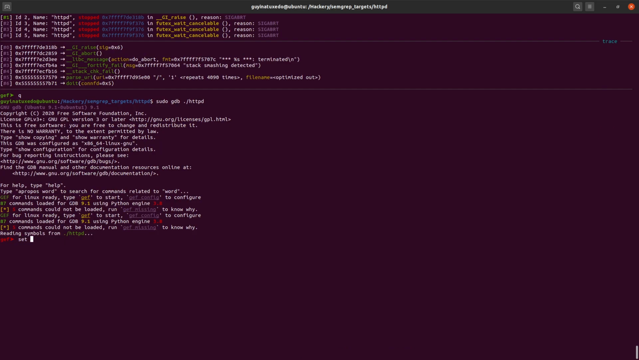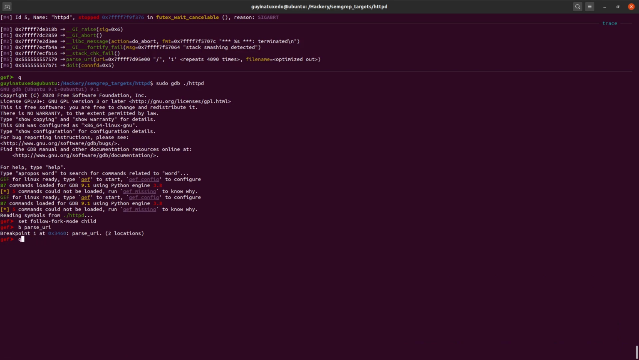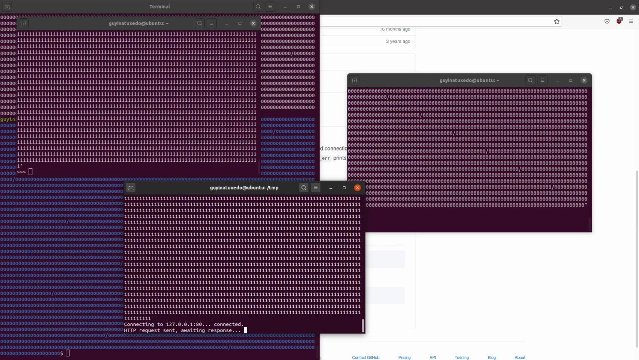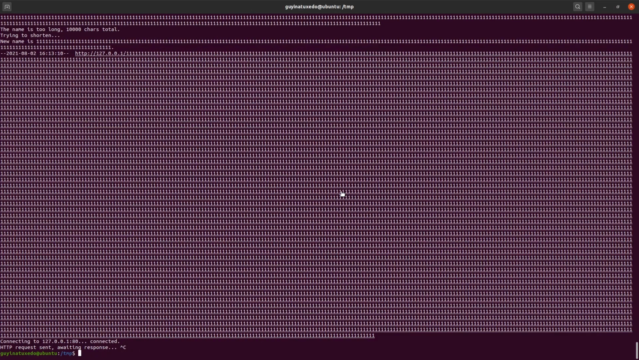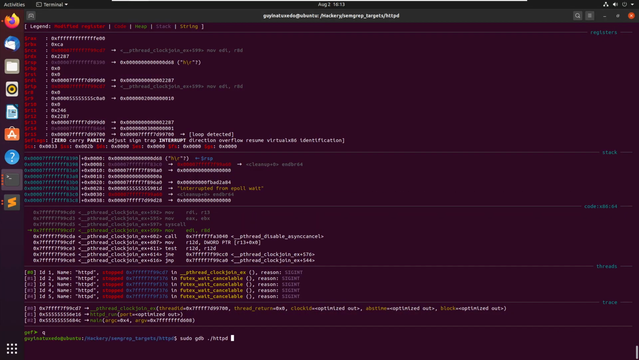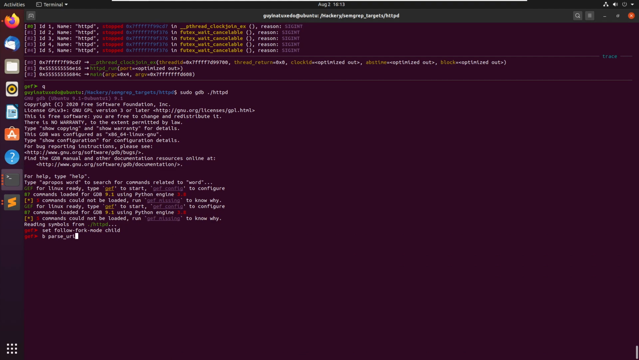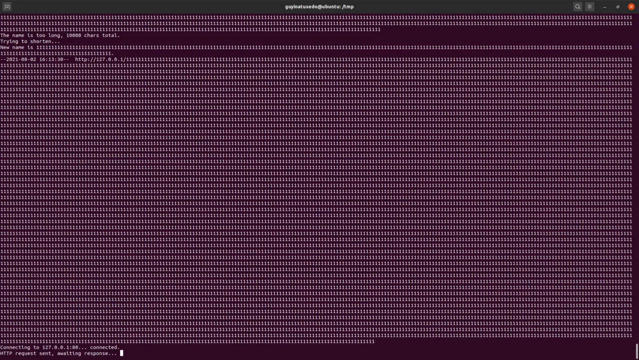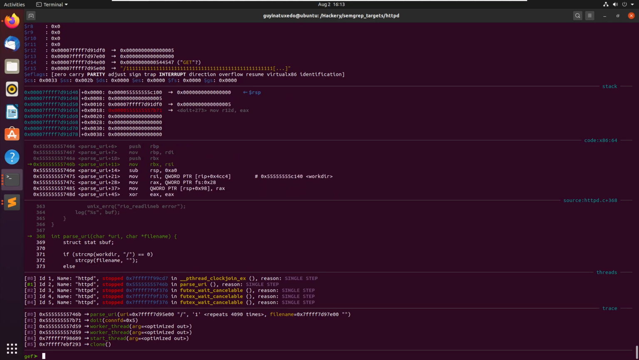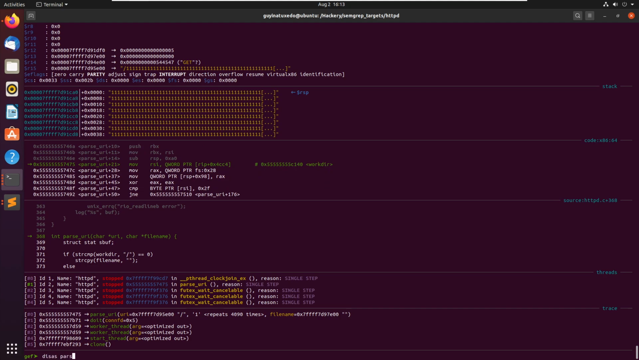So we need to first set follow fork mode child, break at parse URI, and let's run the target. So we're running it, cool. Actually, since it's multi-threaded, we might not need this follow fork mode child. Interrupted. I'm gonna need to restart this. Okay, we see that we are here. Let's see, can we